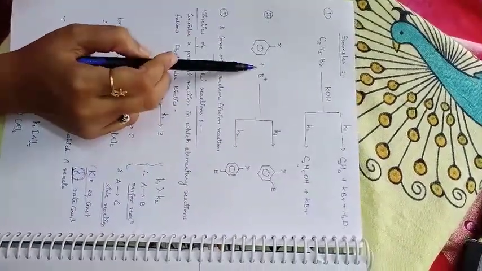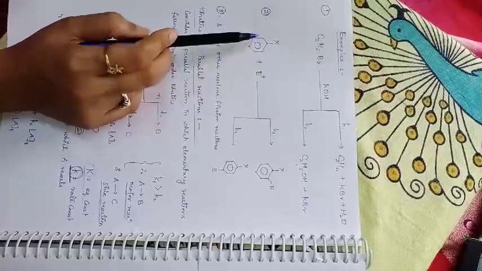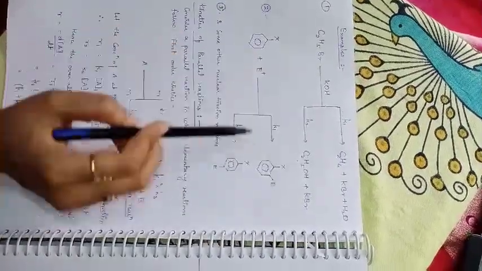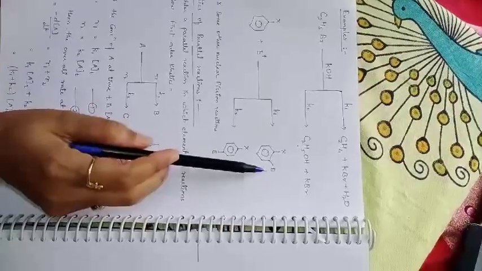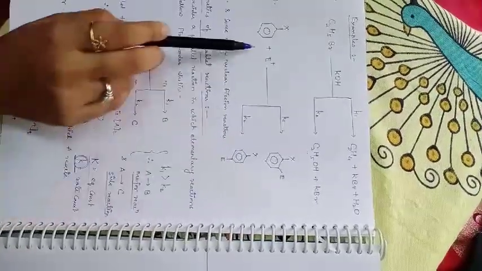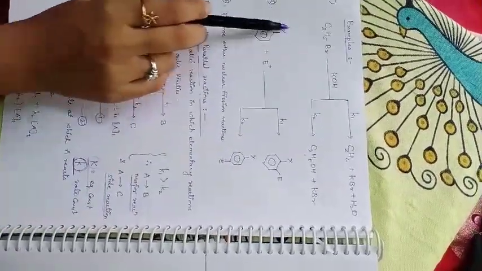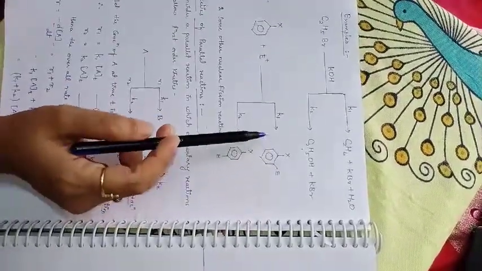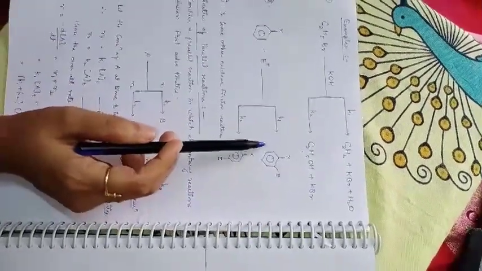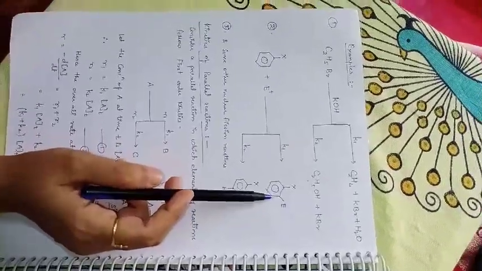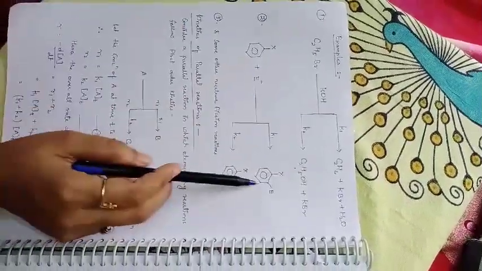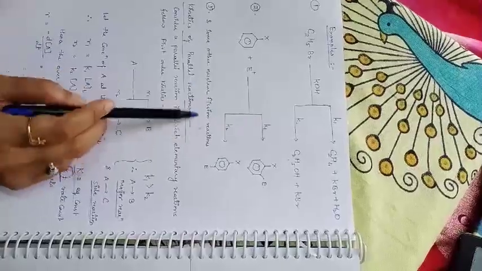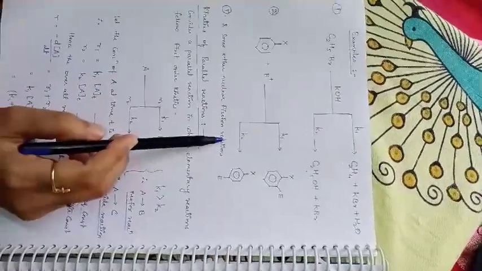substitution reaction, and this is the electrophile. When it attacks this moiety, there is a possibility of getting two different products. It may be ortho or it may be para, so it depends on the substituent and the attached substituent like X. As you have already gone through the ortho para product ratio, you can understand this example through that. Some other reactions like nuclear fission reactions come into this example.